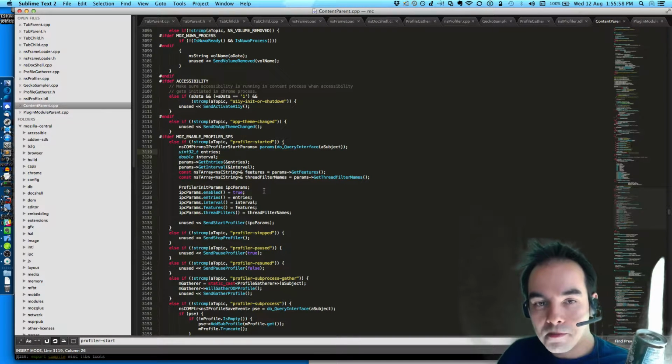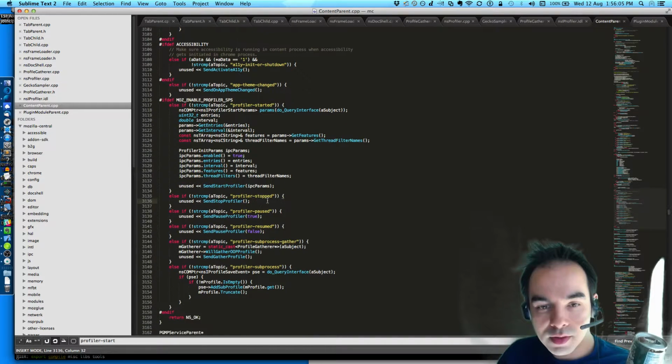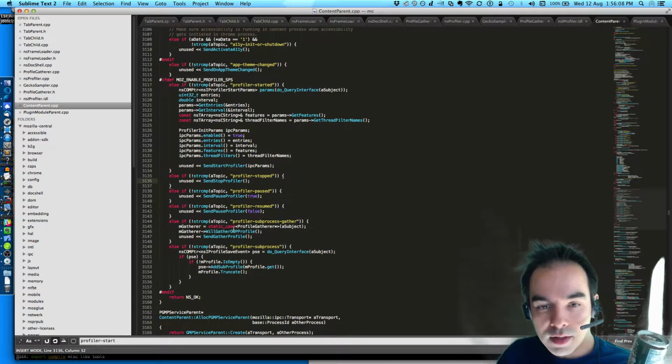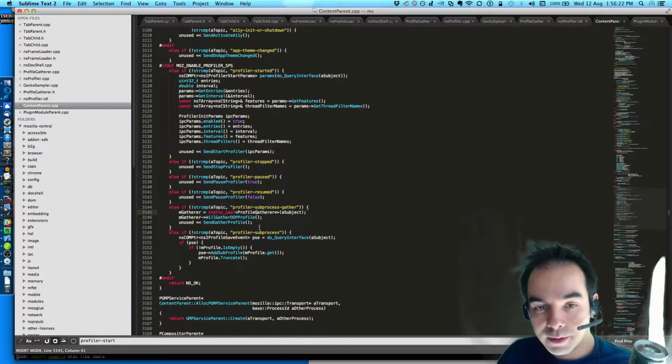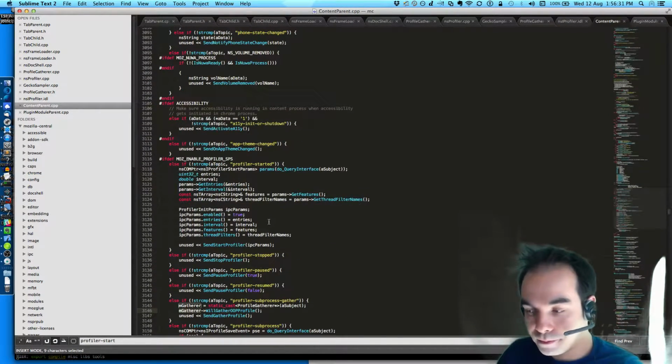You get the profile gatherer and you hold the reference here. Here you would drop the reference, and here you would... profiler subprocess gather no longer needs to pass around the gatherer, because everyone who's going to hold on to it or everyone who's going to respond to it should already have the gatherer. And then you say, yes, I will gather an out of process profile. Right. Okay.